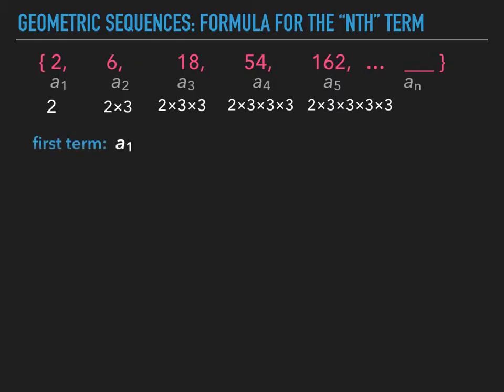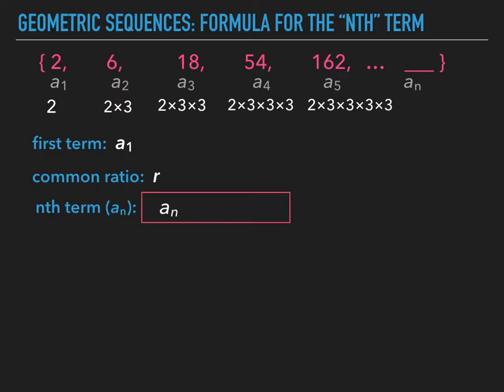So let's kind of make sense of this. The first term, as we know, is called A1. Let's call the common ratio R, just to give it a variable name. The nth term we'll call A sub n. And here's our formula. A sub n equals A sub 1 times R raised to the power of n minus